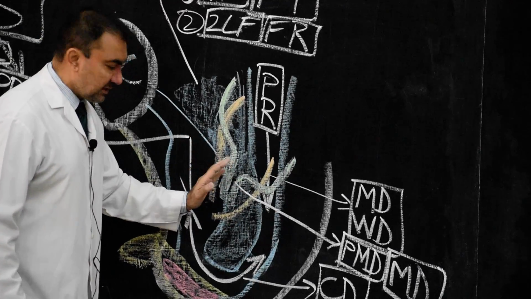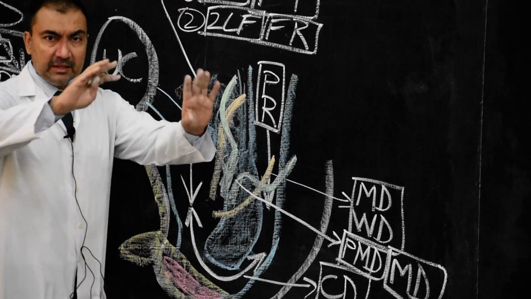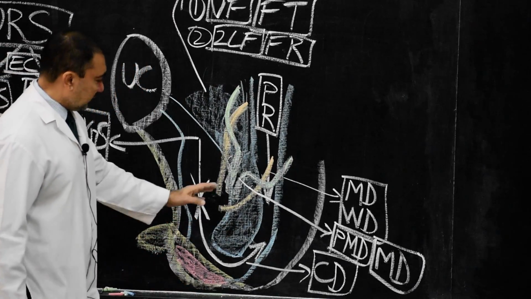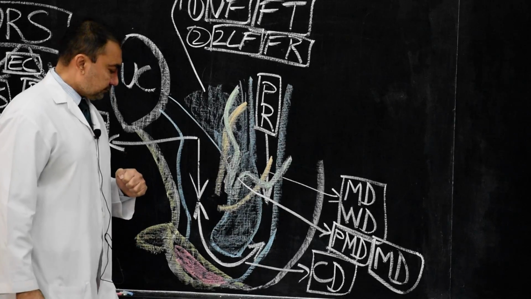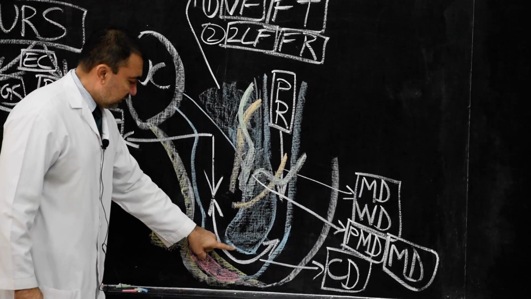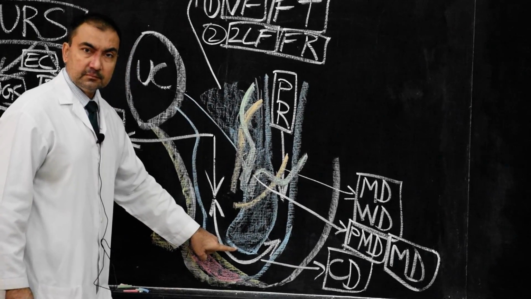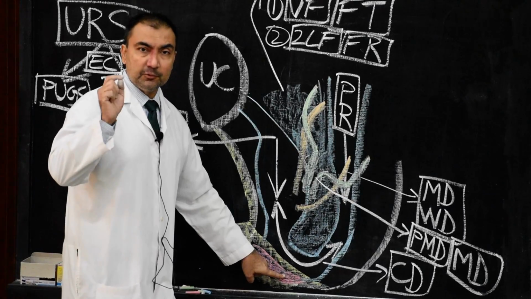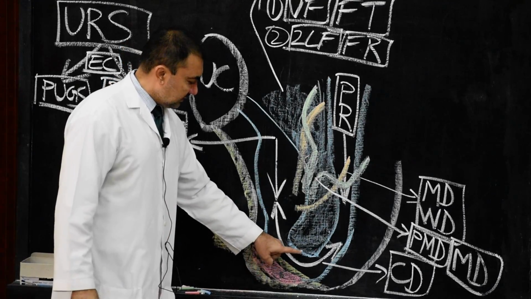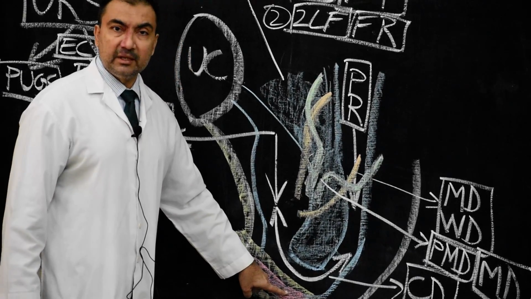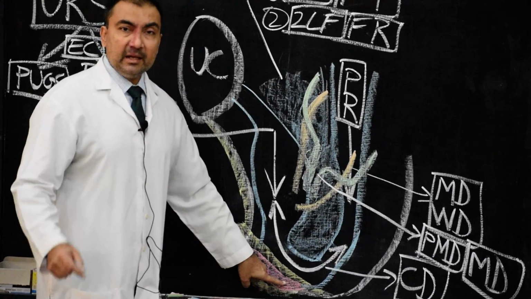So this is stage 3, which is over. Now we enter stage 4. Very interesting. Now in stage 4, what will happen will be the caudal end of urorectal septum will fuse with the cloacal membrane in 7th week. So in the 7th week, the caudal edge of this urorectal septum will fuse with the cloacal membrane, and therefore